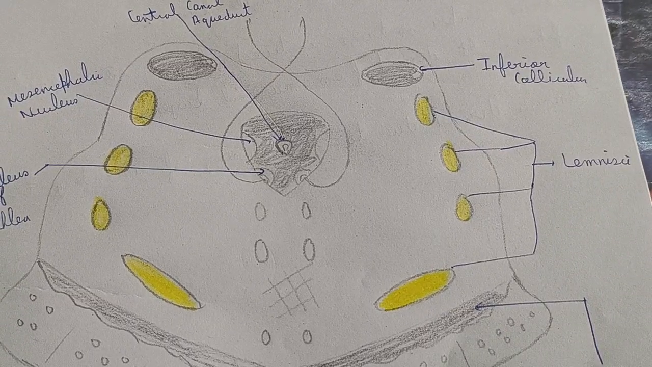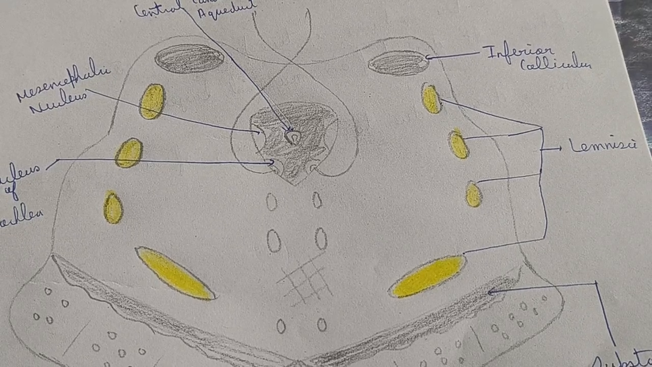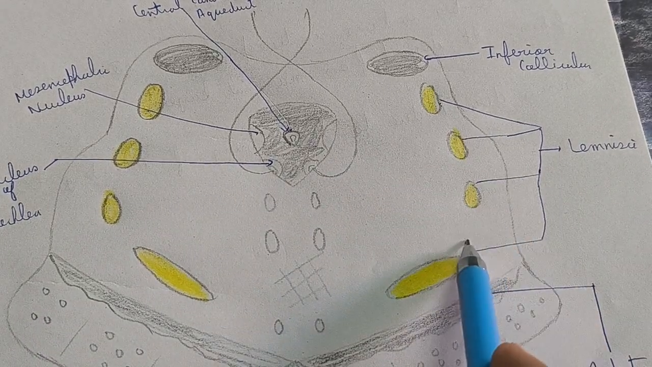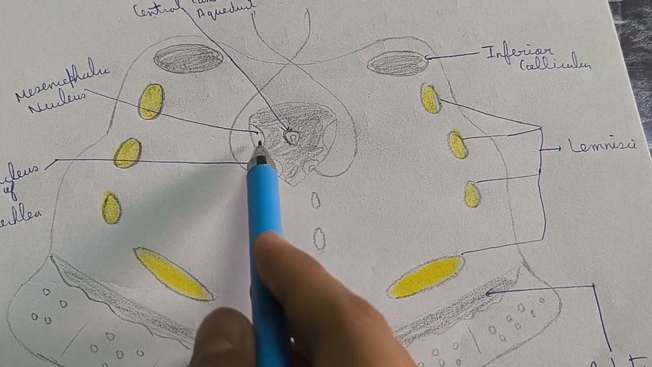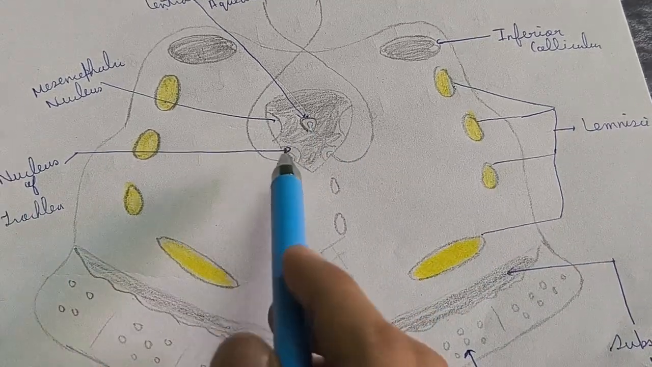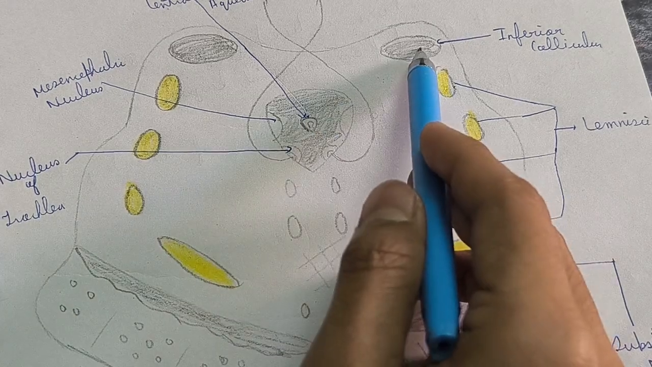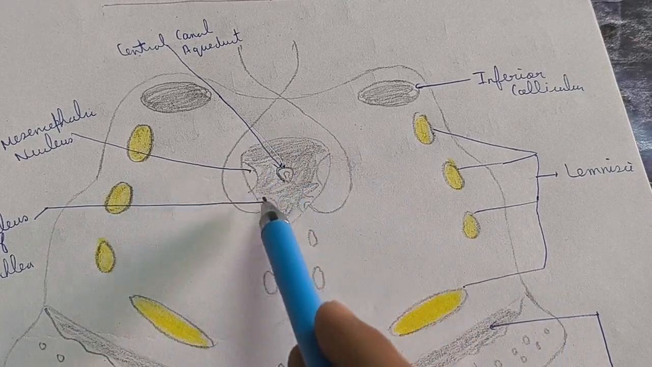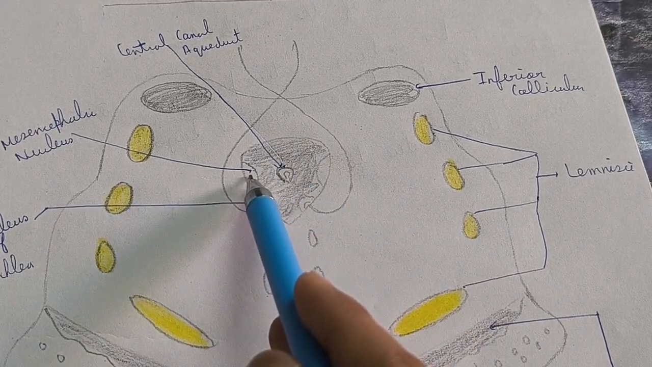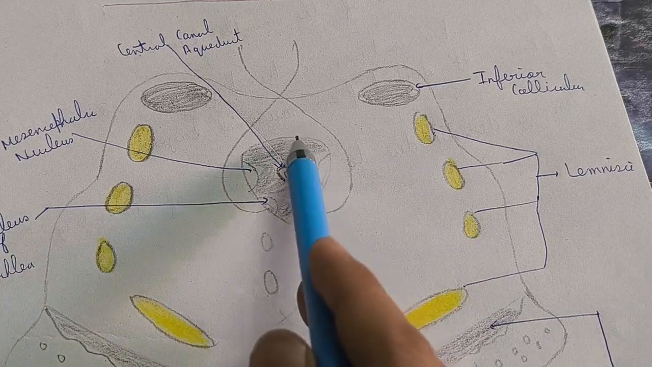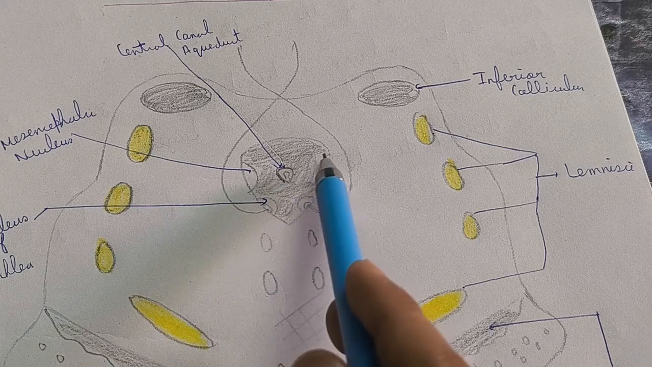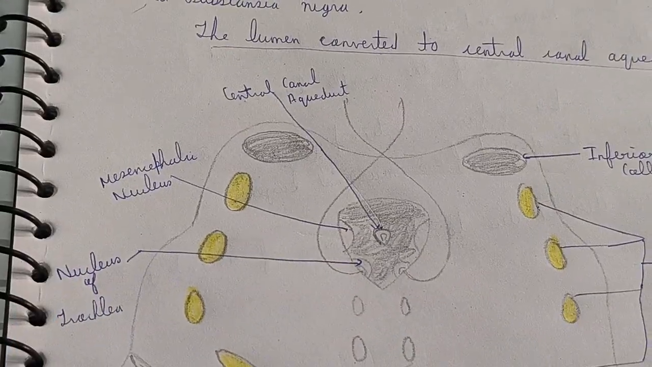So again, this is our transverse section of the midbrain. Basically you have to study this in neuroanatomy, but here I am only showing the broad differences. All these are the lemnisci, and this is the gray matter, and this contains the nucleus of the trochlear nerve and the mesencephalic nucleus, and this is the inferior colliculus. The inferior colliculi, the trochlear nucleus and the mesencephalic nucleus are part of the gray matter, and the nucleus of the trochlear nerve and the mesencephalic nucleus are derived from the